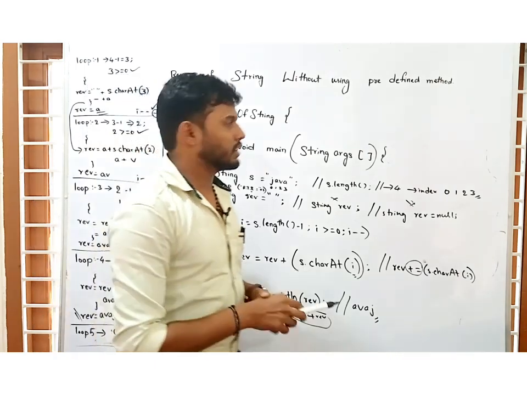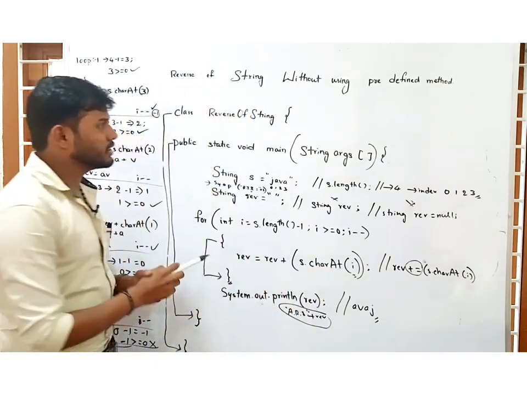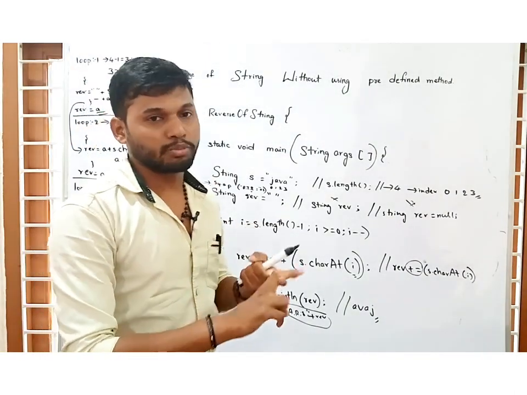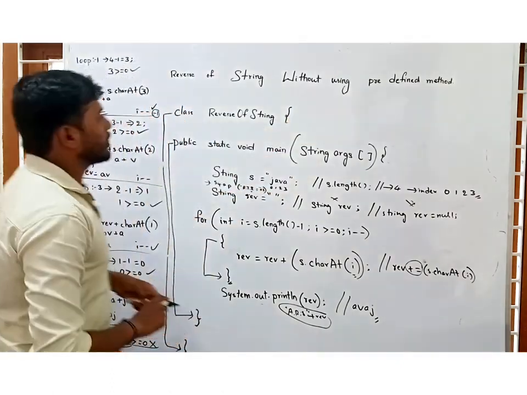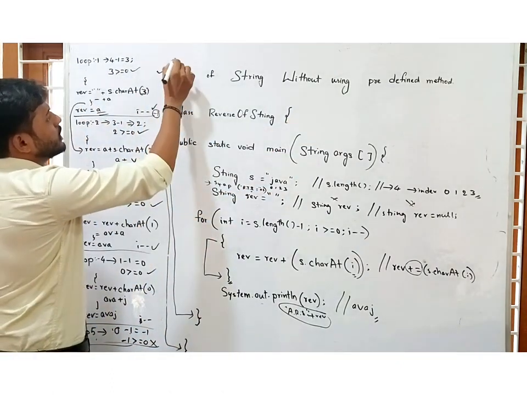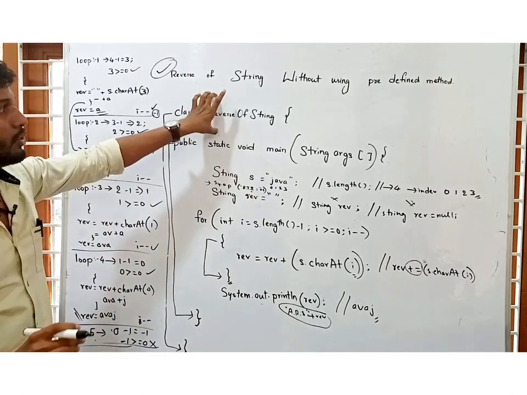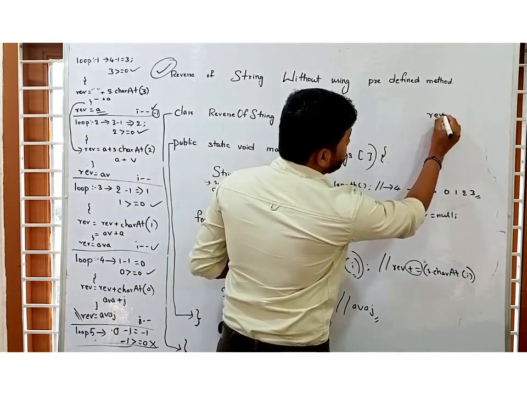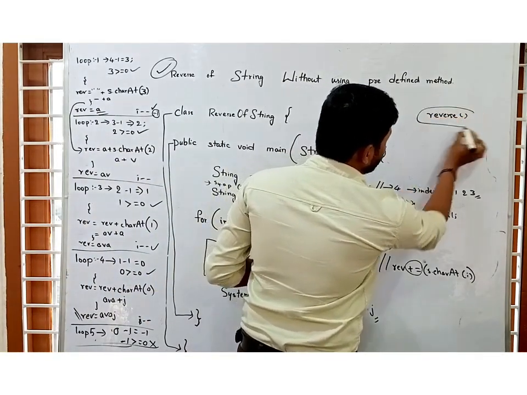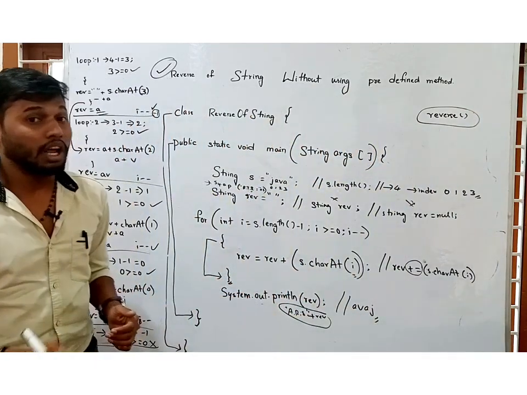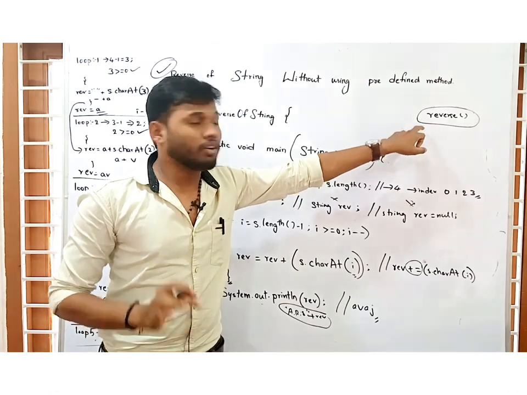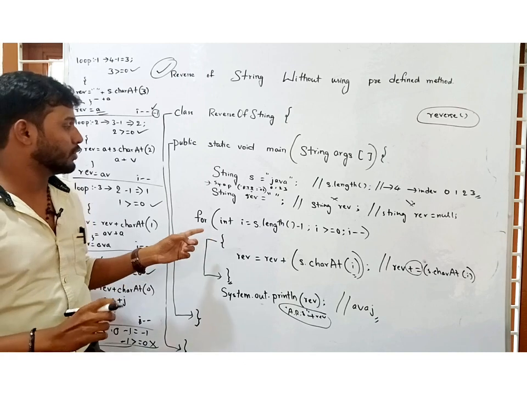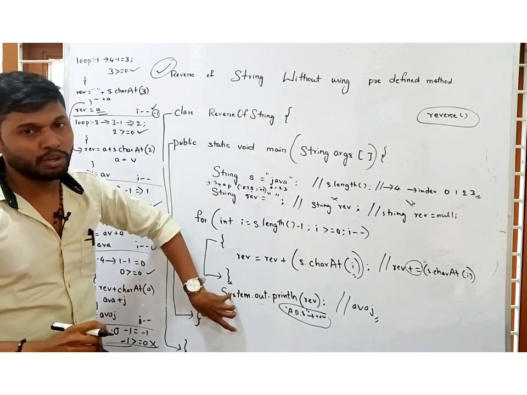We can expect this type of question in a technical interview, when you keep core Java with automation in your resume, then this is a must-ask question. Why? Because this has logic, and before going to this program there is another way. In StringBuffer there is a direct method. The method name is reverse. When we use this reverse method, we can get the execution. But here the interviewer is thinking that they don't need reverse of string, they need this logic. How perfect is your logic? So we need to explain this program this way.